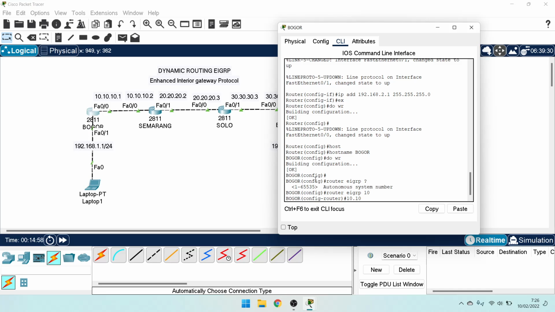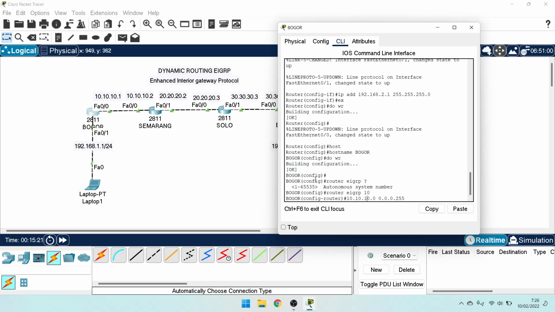The network 10.0 and wildcard from prefix 24. The wildcard for 24 netmask is 0.0.0.255.